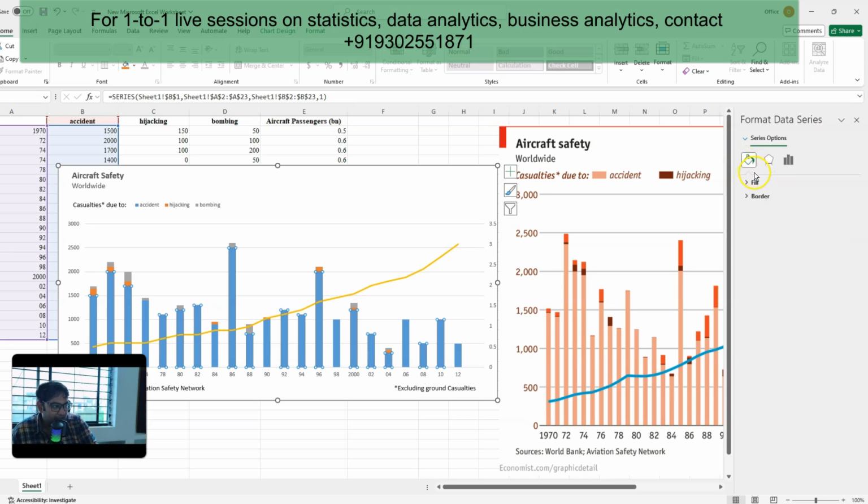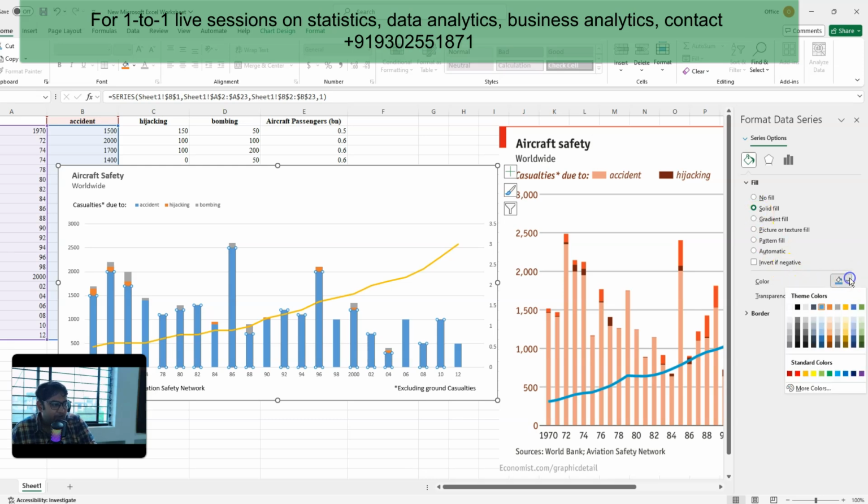Once you format the data series, it will show you three options on the right side of your window. Just click on this color and select fill. When you select fill, you can see there are multiple options. I'll select the solid color, because the bar is entirely filled with solid color. Now what type of color do you need? For the color, I'll go to more colors